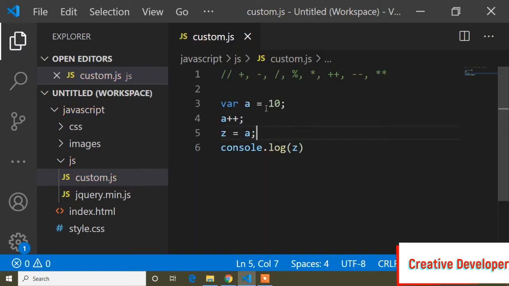So guys, first of all, a's value is 10, and when I write a plus plus, that means it's adding the number 1. So now a equals 11, and I store a's value inside this z, and now I print this z value. So a plus plus is also arithmetic, because it's working on the number 10. It's adding the number 1 to 10.